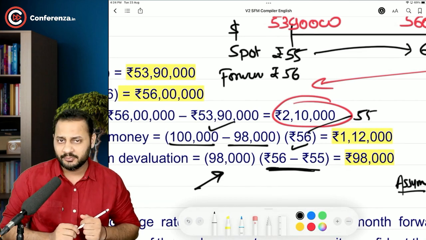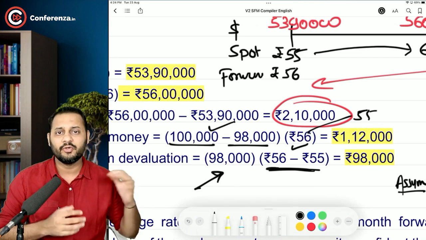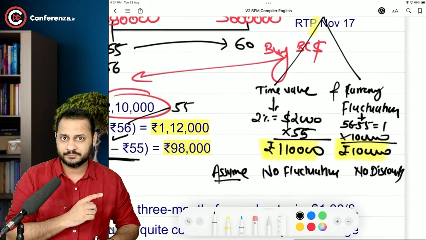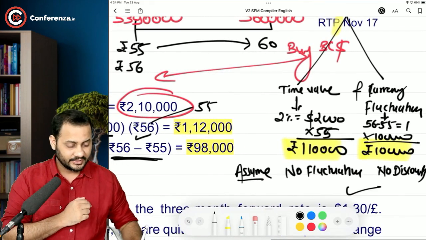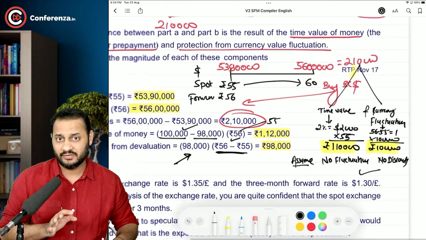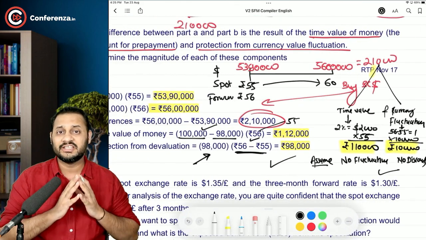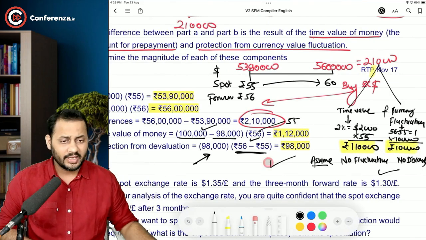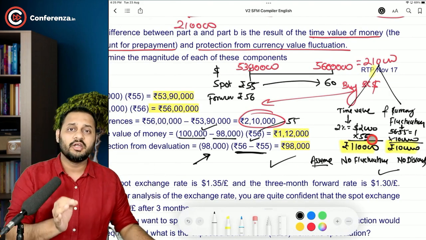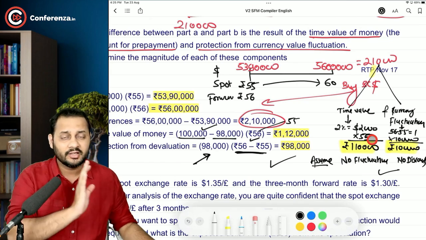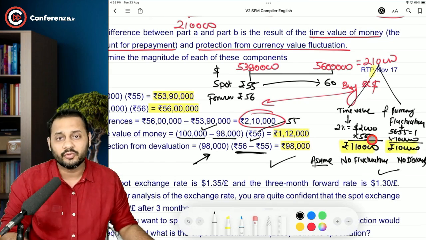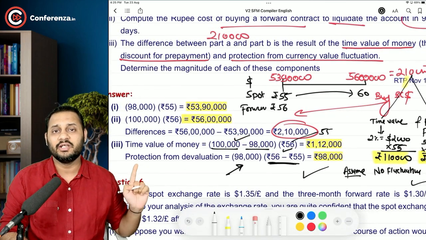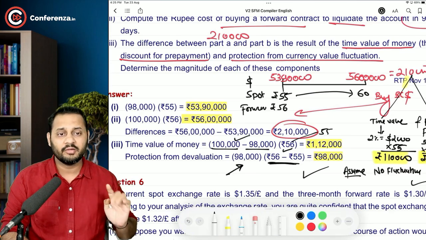You can put your own comments in the Telegram channel if you have a valid justification for this answer and not for that answer. According to me, this is the correct answer. But from the exam point of view, right now I will tell you, follow the one which the institute has done. Keep whatever I have solved in knowledge only for the purpose of practical use, like after exams, if you want to enter into this field. But for the exam purpose, for the marks purpose, this is only what you have to do, because I don't want you to